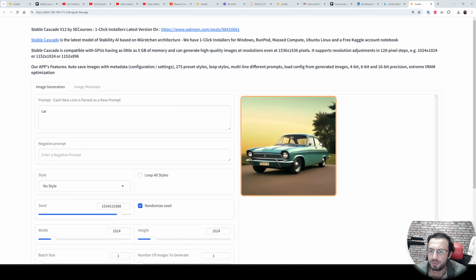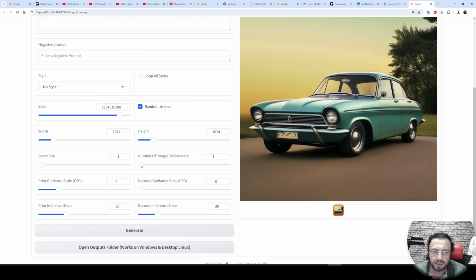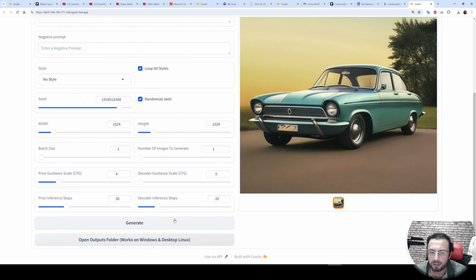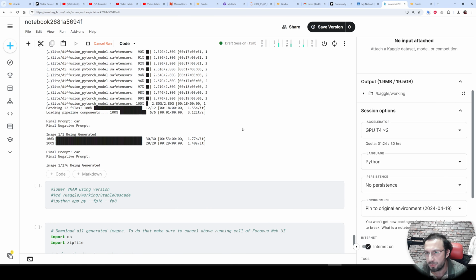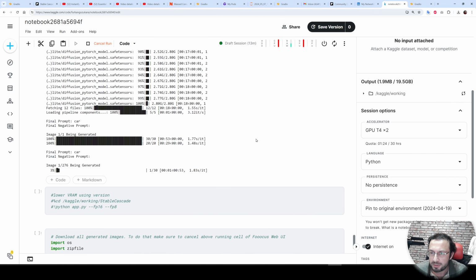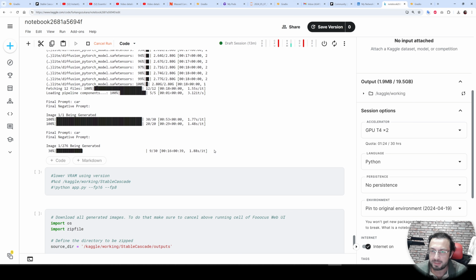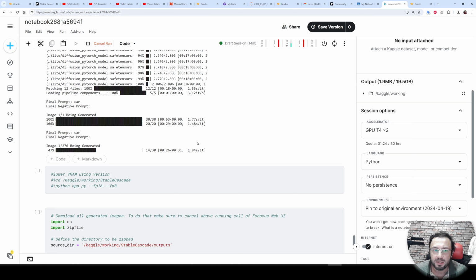So our first image on Kaggle has been generated. Kaggle will be the slowest one among all others because we are using free GPUs. However, it is free. They give you 30 hours of GPU time every week, so you can use Kaggle for free 120 hours per month. It is just amazing, mind-blowing. The speed is of course slower, but still very decent. If you don't have a strong GPU, you can use Kaggle. You see it is taking around 1 minute per image with the default settings.